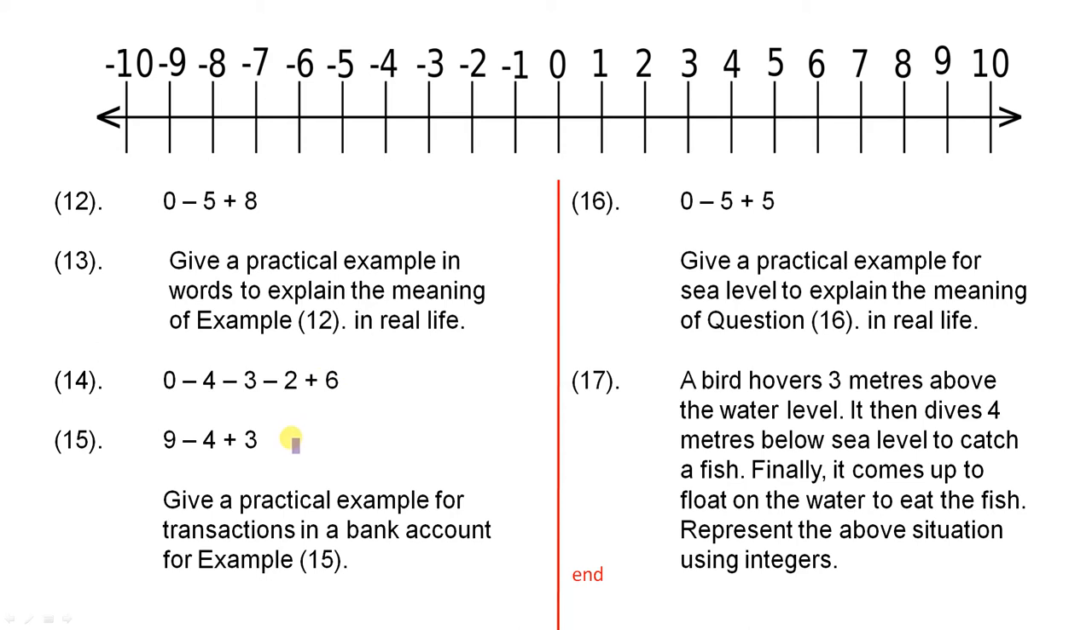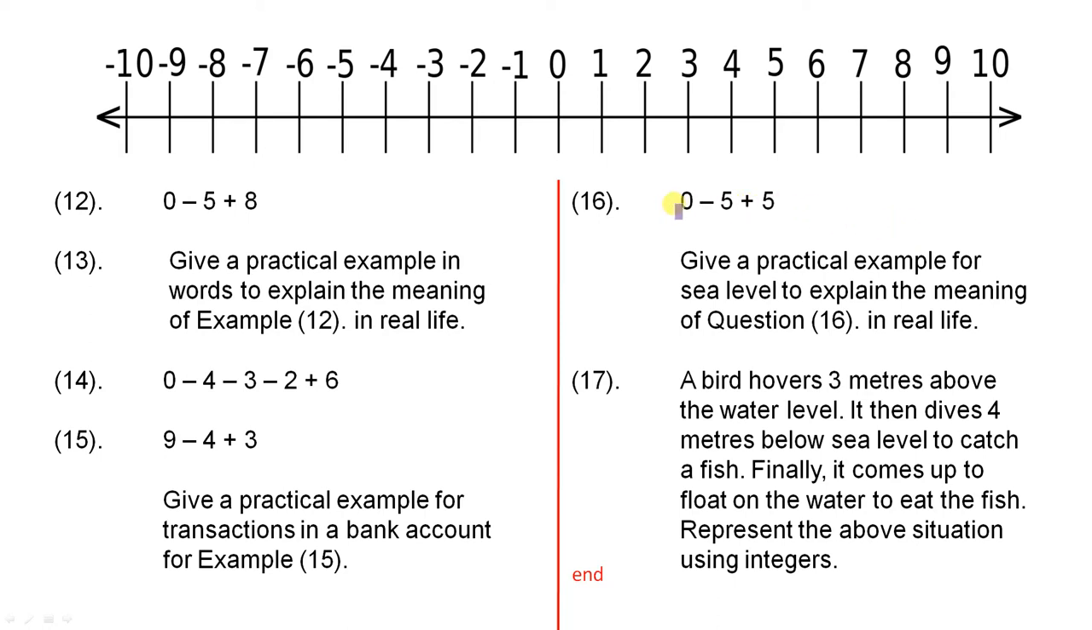Now we have number 15, 9 minus 4 plus 3. Now I've given you a little hint here about the scenario. Give a practical example for transactions in a bank account for example 15. So specifically, pretend that this is explaining something about money in a bank account. Explain in words how this would operate. Then we have this basic sum here,